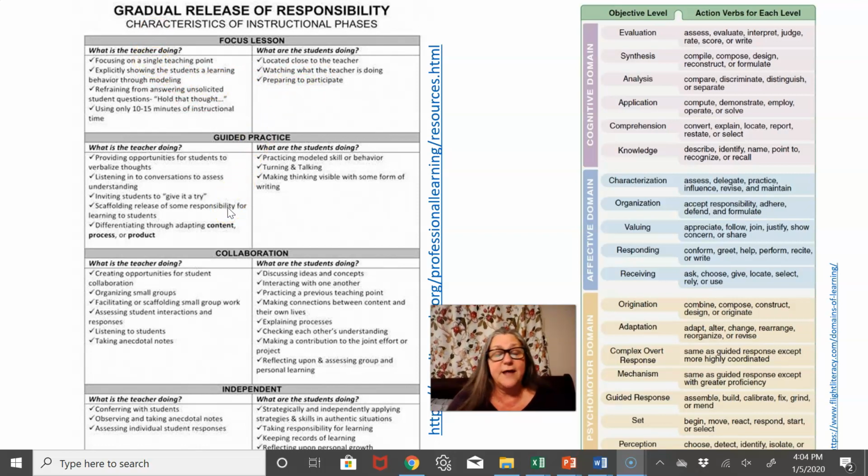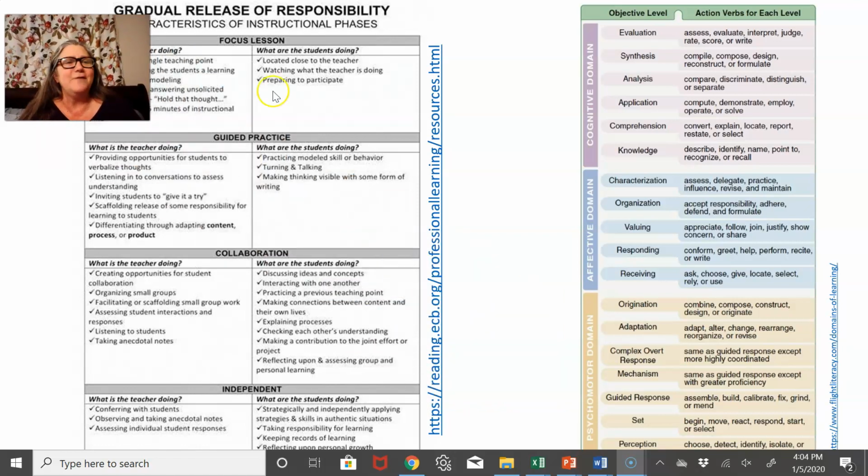This would be a great thing to take a screenshot of. This could help you with filling out that part of your lesson plan where you have to think about what the students are going to be doing. And I really like this because one of the things that I've found is, where am I going to put myself? I'll put myself right there in that corner. So this is what I really love. When you start thinking about what the students are doing,